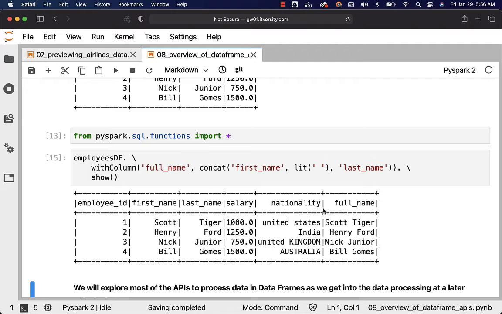If you look at the output, we have all the columns that are there as part of employees_df and then the additional column full name. Now with respect to selectExpr, these same functions can be used in SQL style, and we should be able to project our data by using those additional functions or expressions. Let me demonstrate what I'm talking about here.